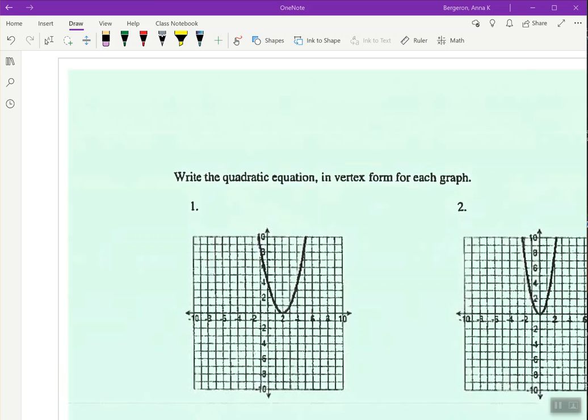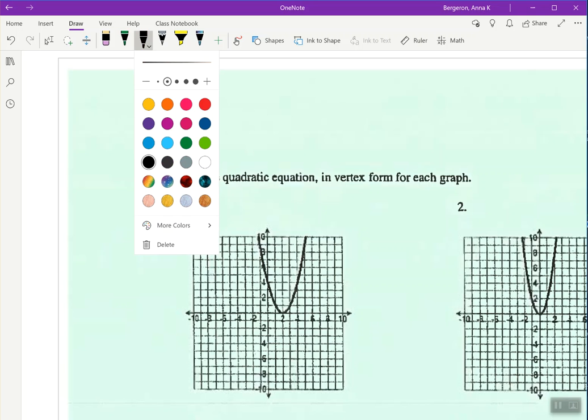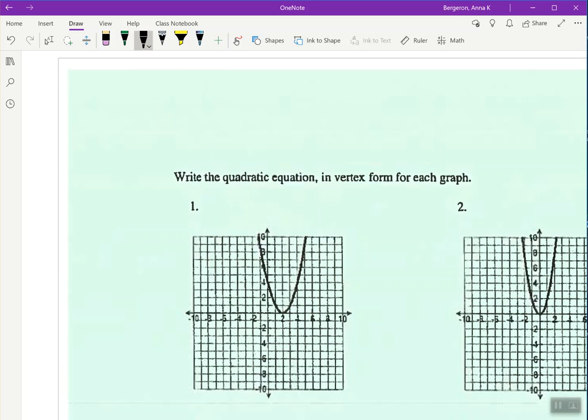All right, so today we are going to be writing the equation from the graph. Last lesson you were graphing from the equation. Today we're going to go the opposite way. To be able to write a quadratic equation in vertex form, remember vertex form